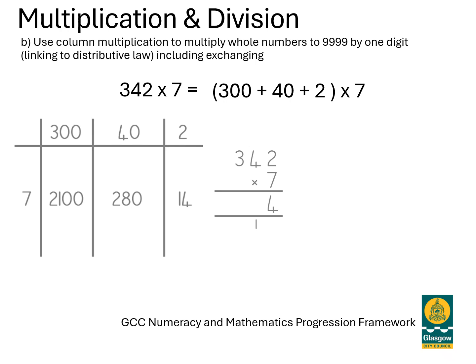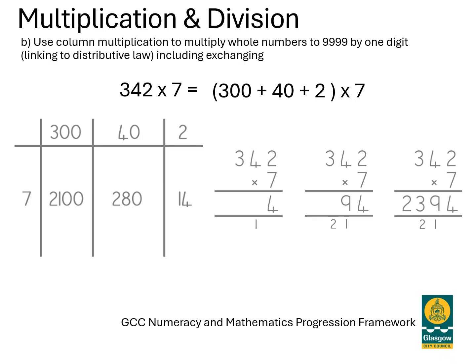Then we're thinking to ourselves, right, it's 40 times 7, so 4 sevens is 28. We've got to add in that 10 that we made with the units, so 29. So we're going to put the 9 in our tens column, and the 2 represents 200, so it's exchanged and brought across to the hundreds column. And then finally 300s, 3 times 7 is 21, and then we've got the 2 that we brought across, that makes 23, and there's our answer,